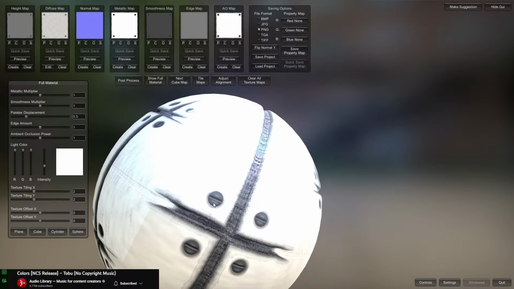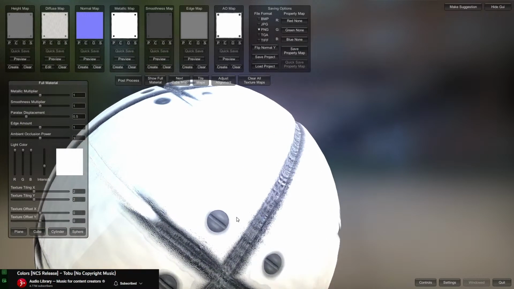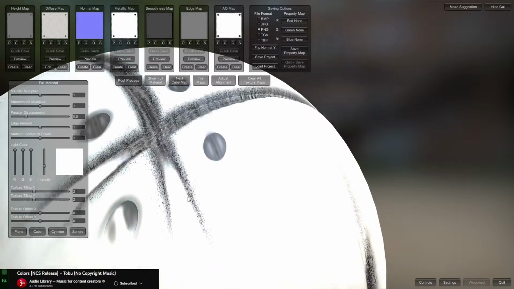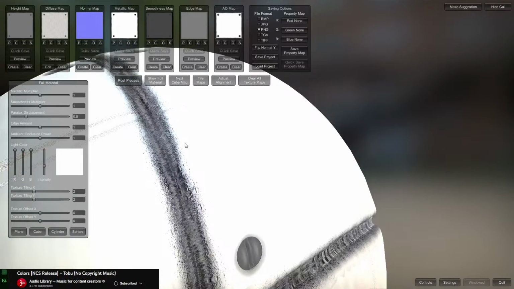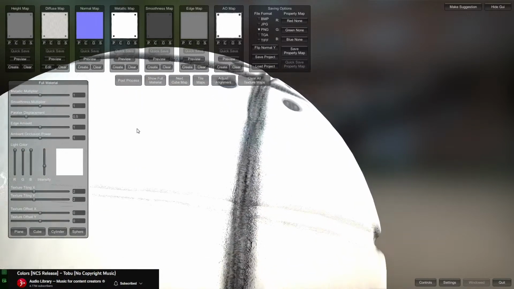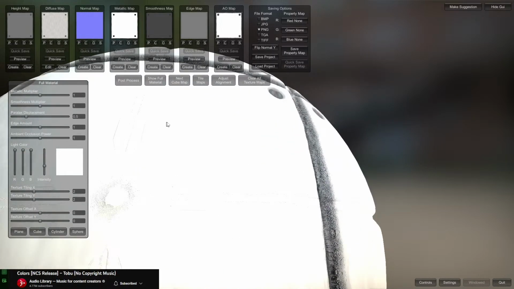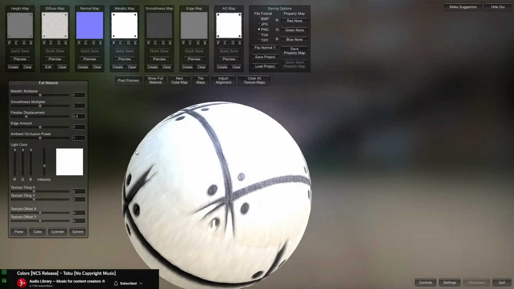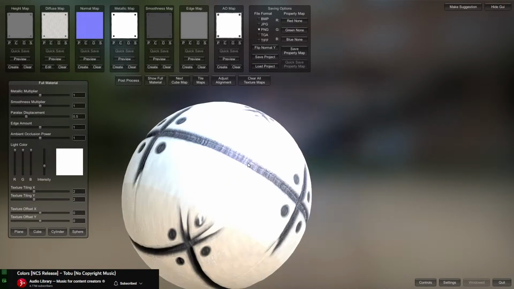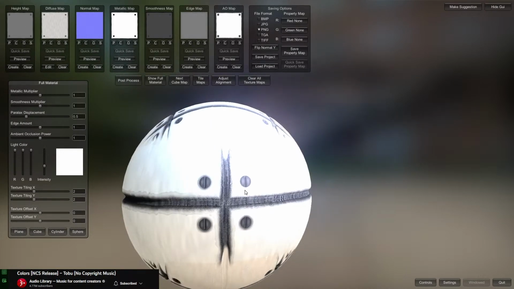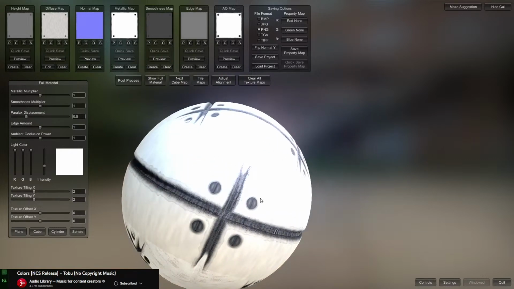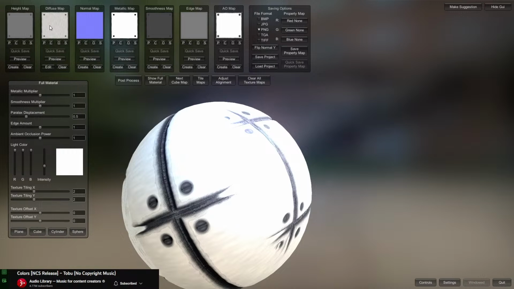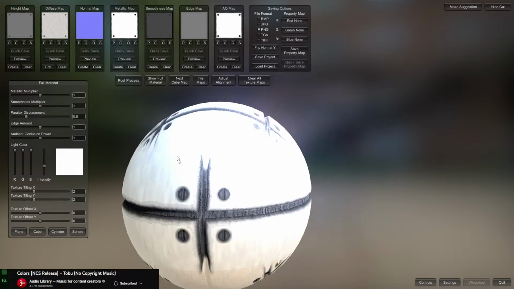So now that we have a better look at this, we can see where the overlapping happens. Okay. Now the whole point of bringing it into here is so that we can get an AO map, plug that in. But we can also